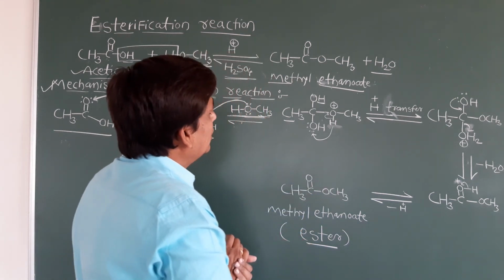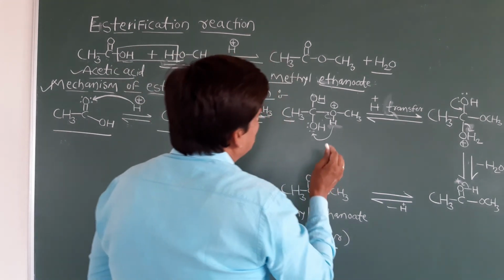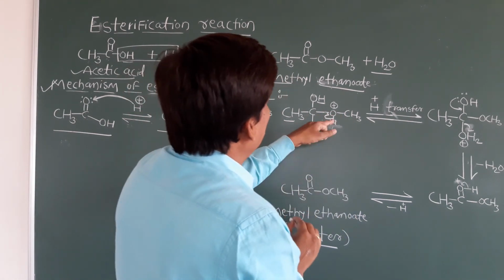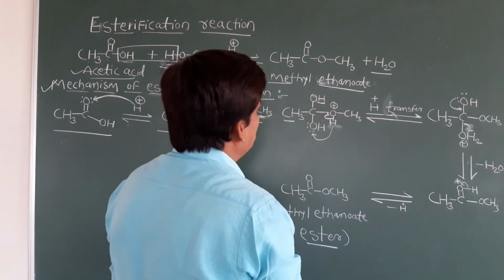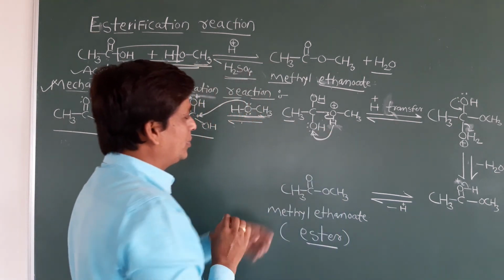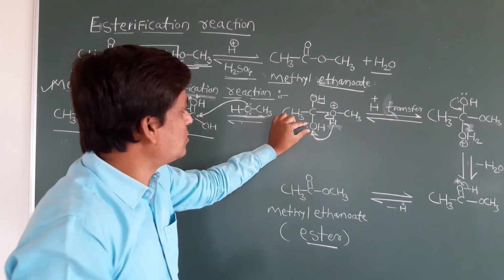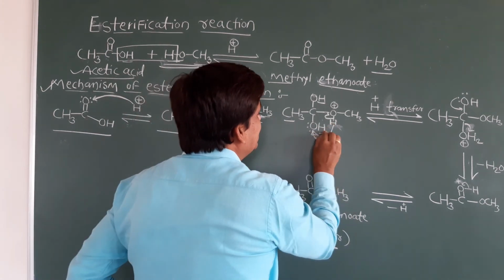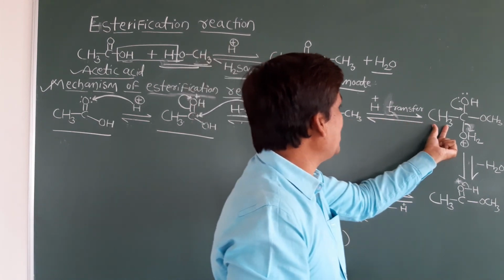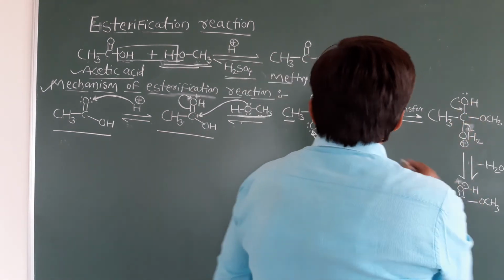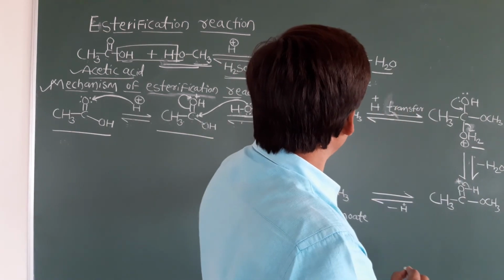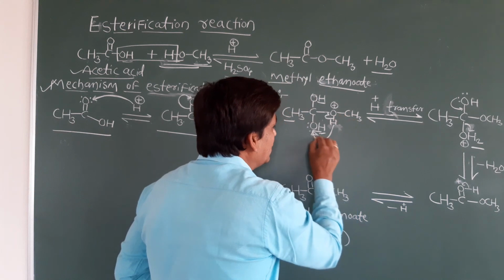Now H plus transfer takes place. This proton will transfer, which means this bond will shift here. The electrons can transfer toward this oxygen, this hydrogen is lost, and this hydrogen is transferred toward this OH group because it has a lone pair of electrons. Okay students, now when this H plus attaches here, it converts into the OH2 group. So H plus transfer takes place. The remaining part is the same, CH3COH. Now this OH is converting to OH2. It is a good leaving group, and this OCH3 stays as it is, only this H transfers here.